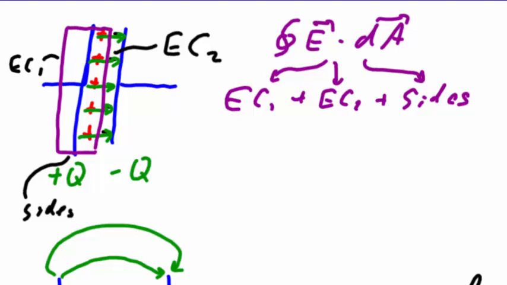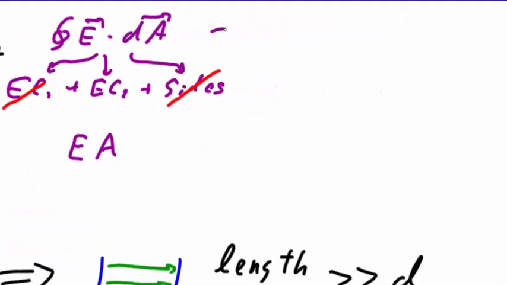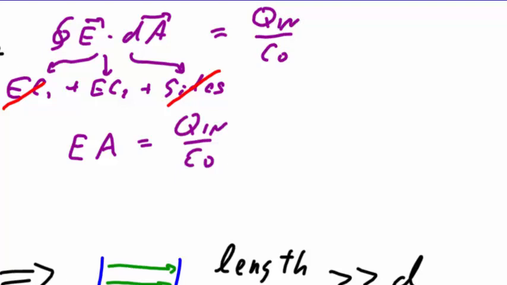Fortunately, there is no electric field located at end cap 1, so there is no flux there. And furthermore, along the sides, the electric field does not poke the Gaussian surface, but rather runs along it, again resulting in no net flux. So the left-hand side of our Gauss law is simply going to be the electric field times the area of end cap 2. As always in Gauss law, this is equal to the charge inside the closed Gaussian surface divided by epsilon naught,